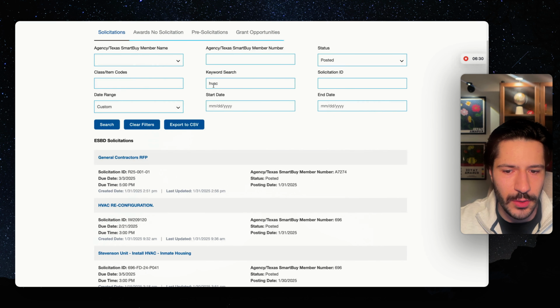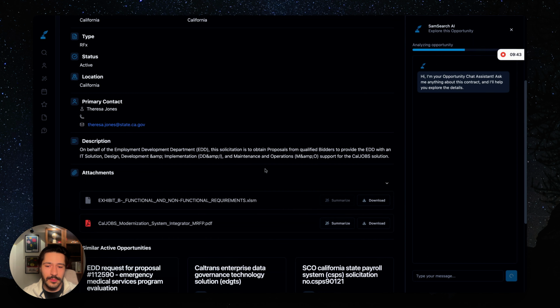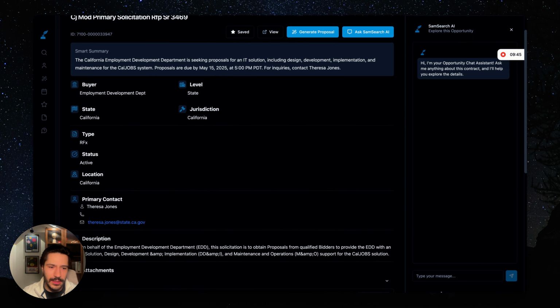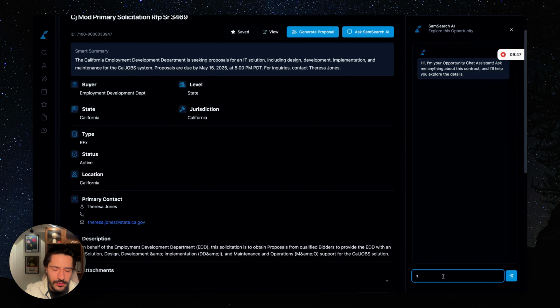But what's nice is you could actually ask it questions. You could ask it questions about the attachments. So it would read all of these, understand them, and then you would be able to get all the details. For example, you could ask it to explain the requirements. And it would be able to pull up data, as I've mentioned, from all the attachments and give you a response. And here it's just going to go and give me all the information I need.